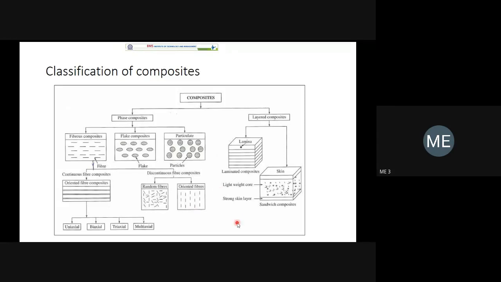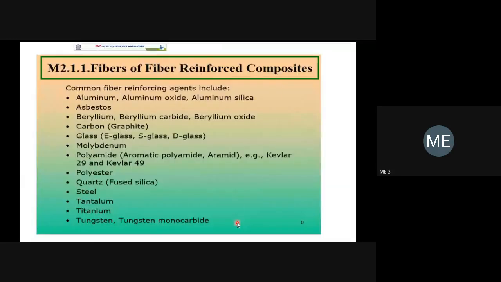Now I will show a better diagram. Again, different types of fibers are used. I am showing so much information. At least for metals, remember around 3 to 4 matrix materials and 3 to 4 reinforcement materials. Ceramic matrix composite or CMC, remember 3 to 4 matrix materials, 3 to 4 reinforcement materials, like that for other materials. I am giving so many examples so that if you see around 5 to 10, at least you can remember 3 to 4.